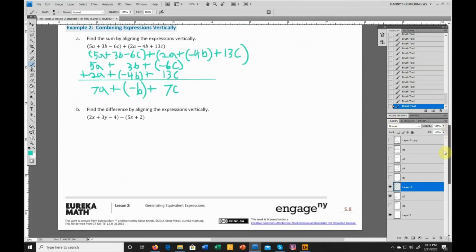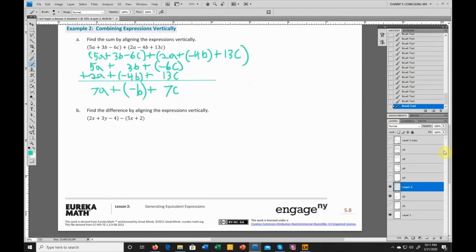Now that was a little difficult, so we're going to try it together. We'll try this again. Remember that adding the opposite is equivalent to subtraction. It's the same thing. If you add the opposite, it's the same thing as subtraction. You're just using a different method to get to your answer. So once again, we're going to rewrite our problem here. Don't forget your parentheses. 2x